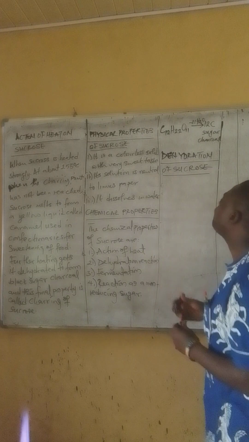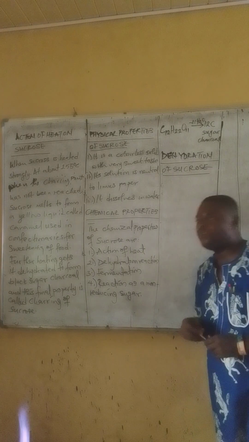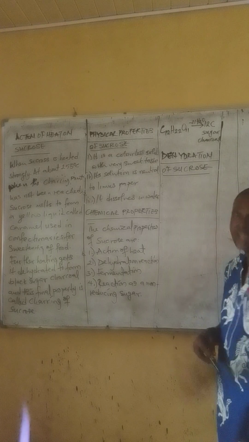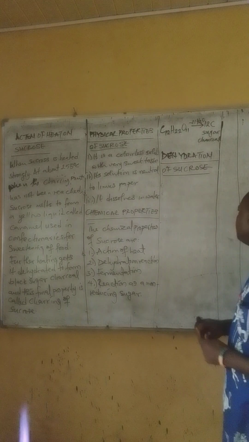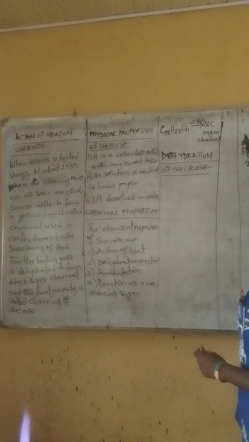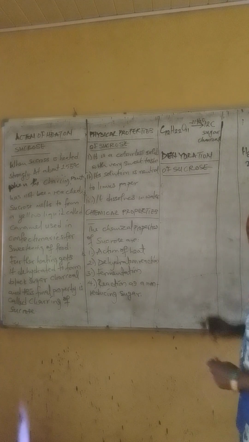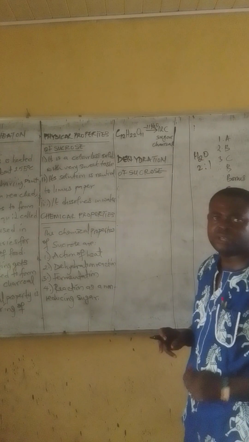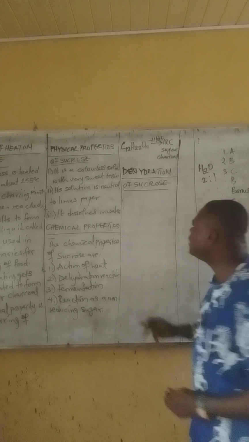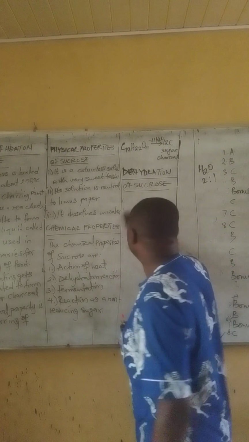Dehydration means the removal of hydrogen and oxygen in 2:1. That's we are saying, removal of water 2:1, 2 atoms of hydrogen, 1 atom of oxygen. So that is that. Now, if in the presence of conc H2SO4